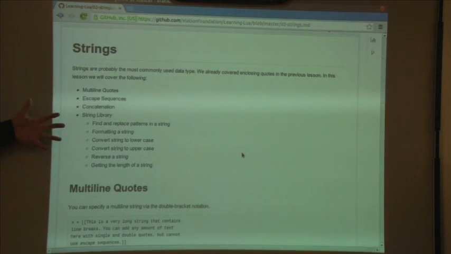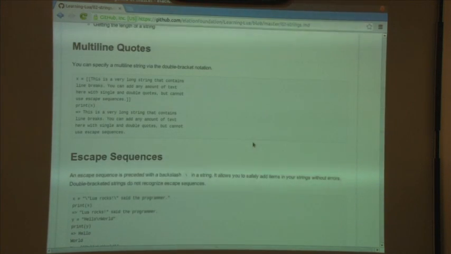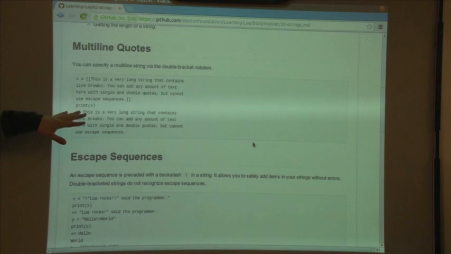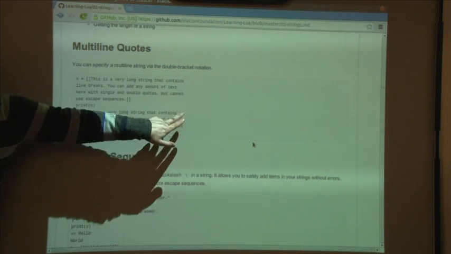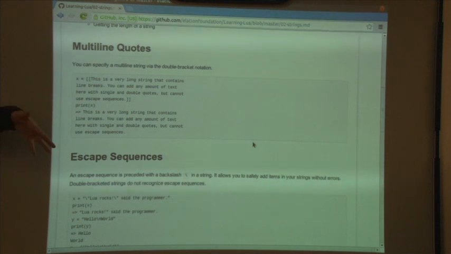So here's what we're going to cover and more, because I forgot to update this index from his original guidelines. So here are some actually correctly done multi-line strings. Double brackets, as many lines of text as you want, double brackets. It will respect the breaks in the line, as well as special characters put in here, like new lines, so